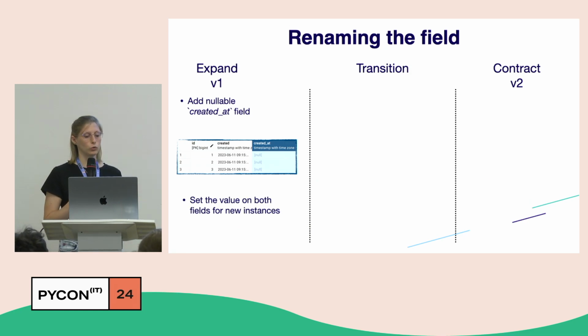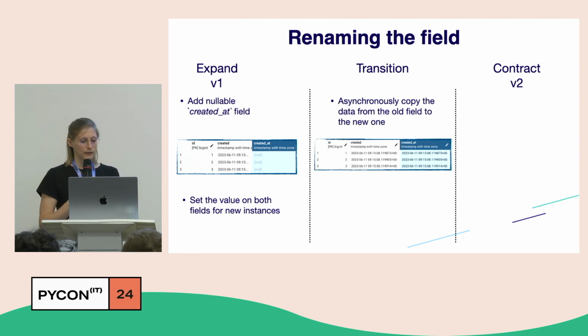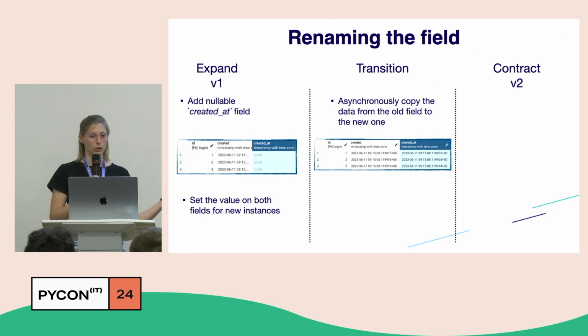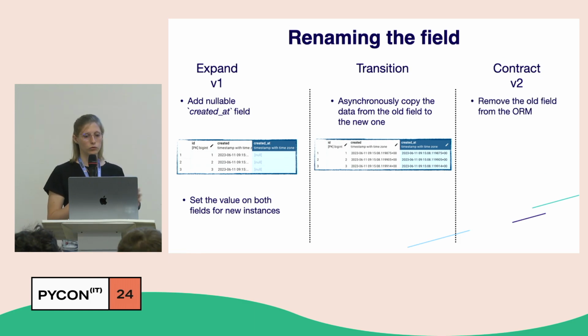And we also need to adduce the API. So when any new product is created, it will have proper value set for both columns, the old one and the new one. Then in the transition phase, this time we need to copy the data from the old column to the new one. And as before, we delegate it to the asynchronous task that will do that in the background. And after the task is finished, we can move to the last phase, that is contract phase on our